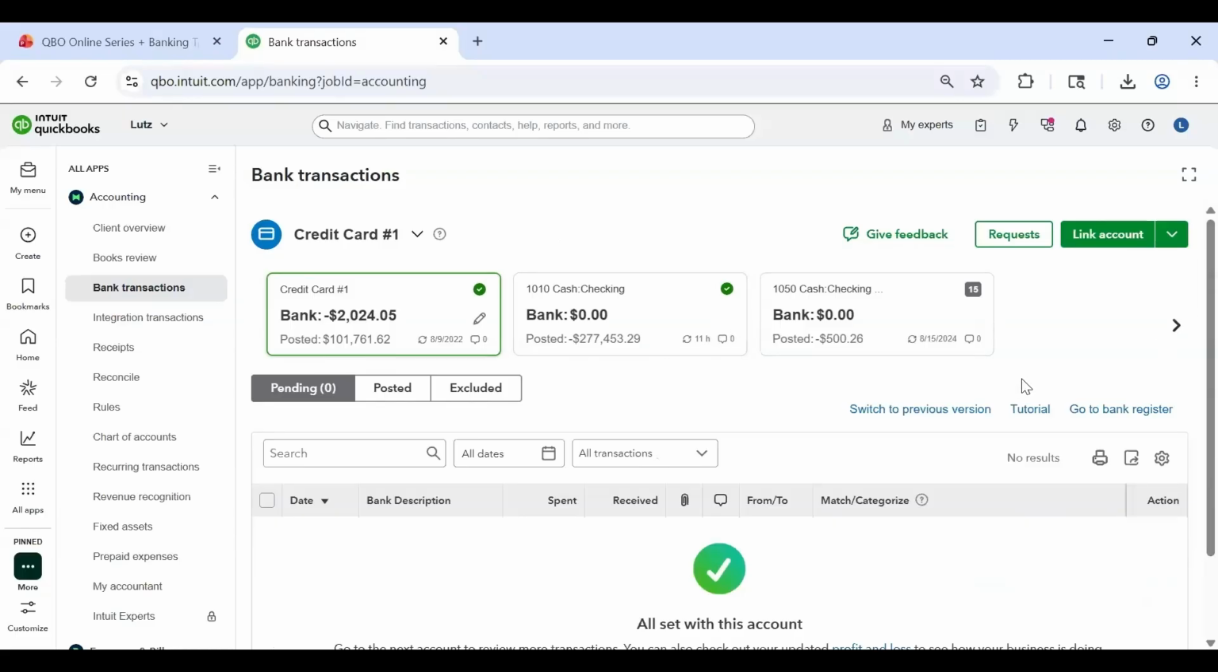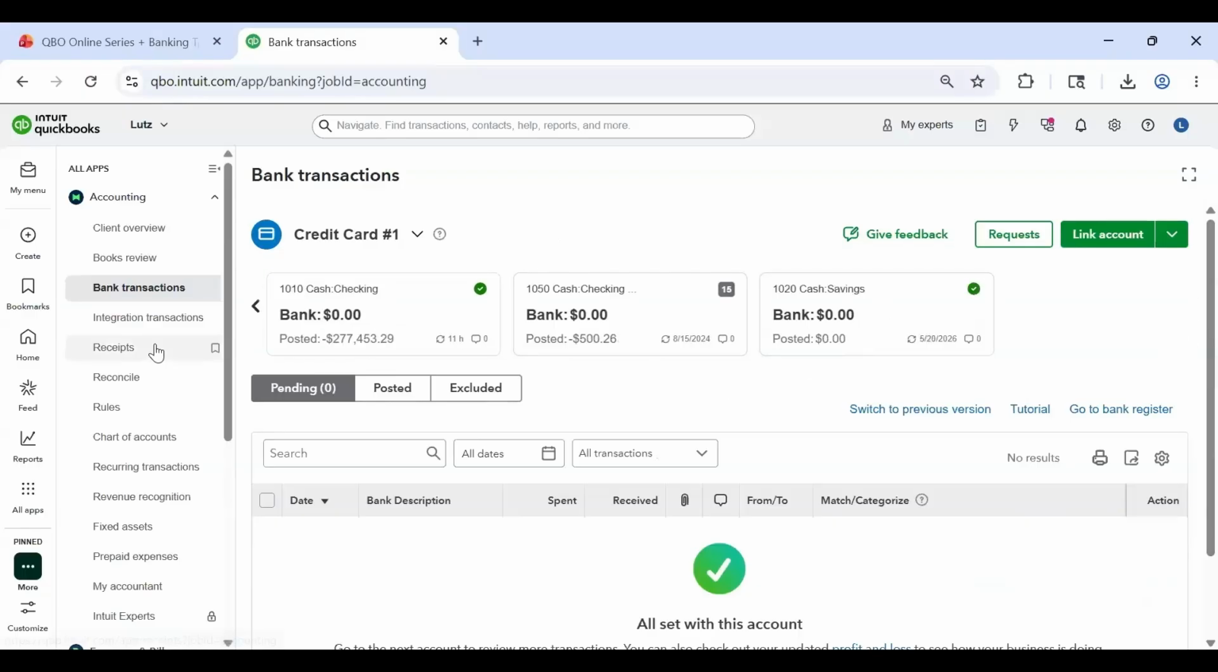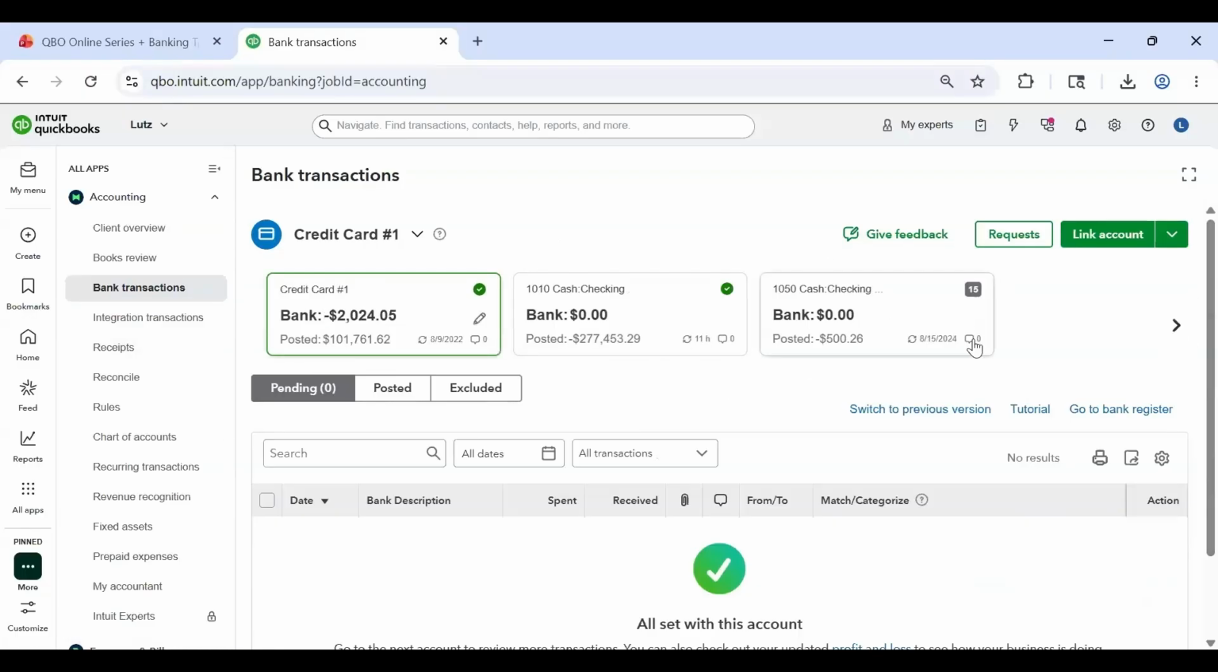I'm going to start by talking about how to link the bank account. So how to get each bank account into your QBO file. There's two different options for this. I would say the most common and the most convenient would be a direct link to your bank account. So to do that, I'm basically going to go up here, click link account,